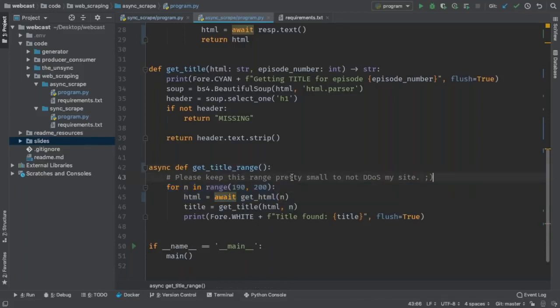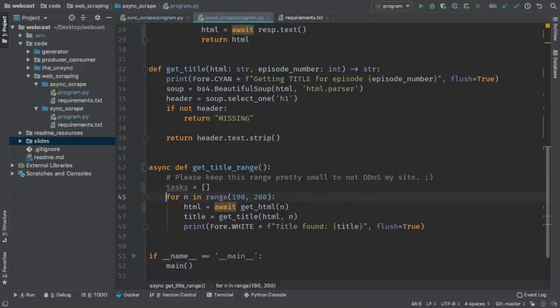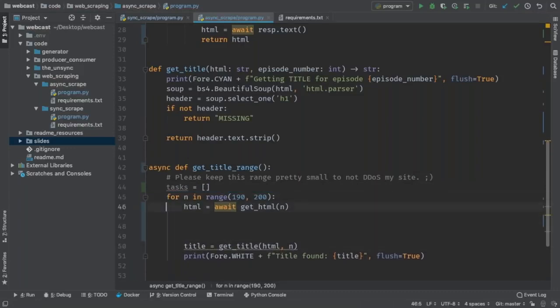So in order to do that, we're going to do something a little bit different. I'll say tasks equals this list. And then I'm going to do the same thing, but instead of waiting on it, I'm not going to await. I'm going to say this, tasks.append. Now, it would be cool to say that and then go do some more work, but this is one of the slightly annoying limitations of Python's async implementation. This will go away if we talk about unsync. But anyway, this is not enough to get it going.